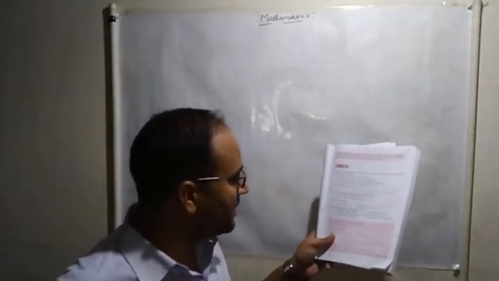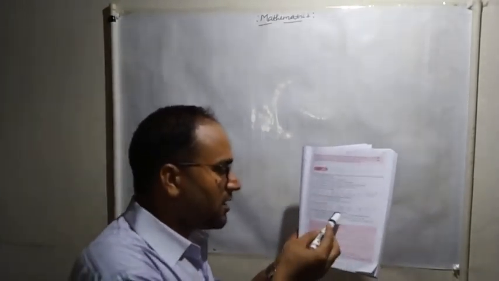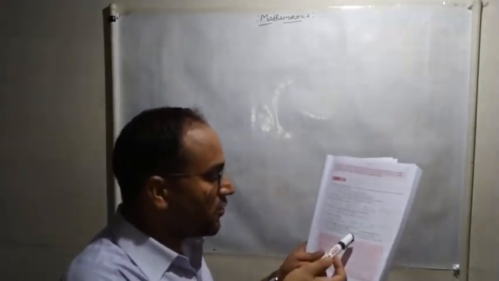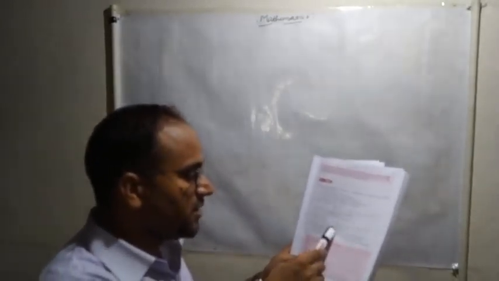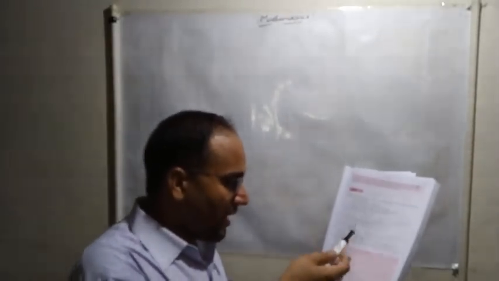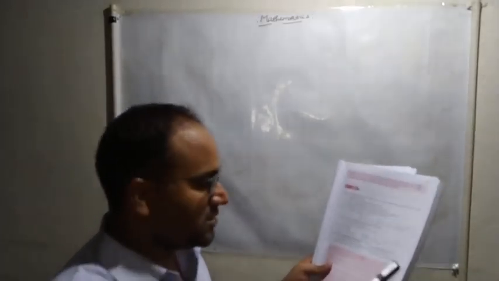And here, indicate whether the following are true or false. You know that the largest integer is 9999. It is not true, it is false, because it is a 4-digit largest number. If it is asking for 5-digit, it is more than that. So there is no largest integer. The smallest integer is 0. No, it is also false.